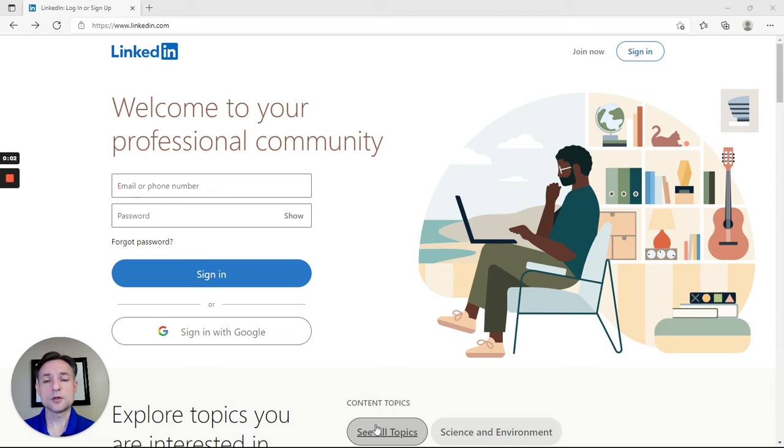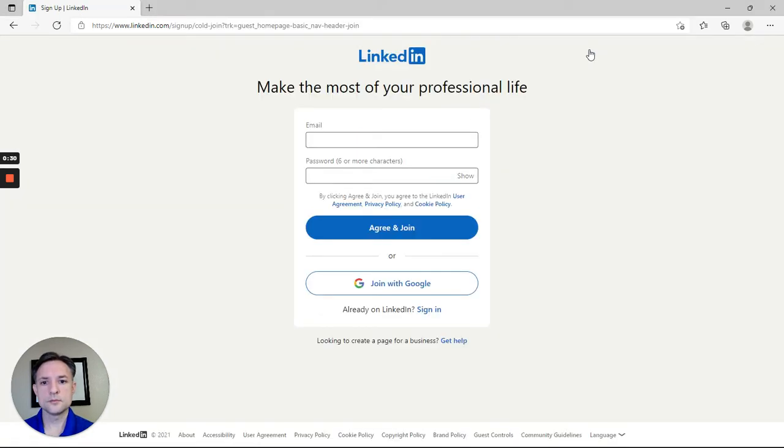Today I want to walk you through how to create a LinkedIn profile. If this is your first time trying to create a LinkedIn profile, this will be a step-by-step guide. If you already have a LinkedIn profile and you want to learn how to enhance your profile, this will provide some pointers for you. So if you go to the LinkedIn website, linkedin.com, you'll click Join Now, and you'll put